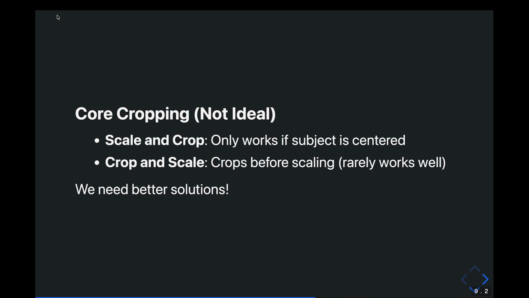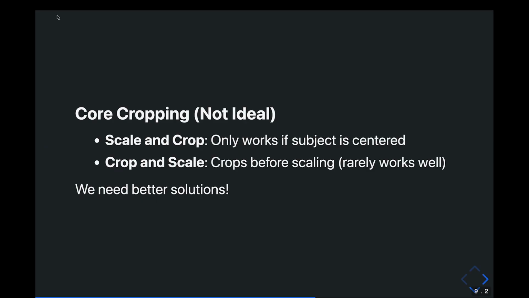But the challenge there is that it's scaling down your image and then cropping based on whatever the center of the image is. Your user is going to upload an image that has a guy off to the side pointing his finger, and then it crops it and you only get his finger. That's the result. So I've never really used core cropping for a project,